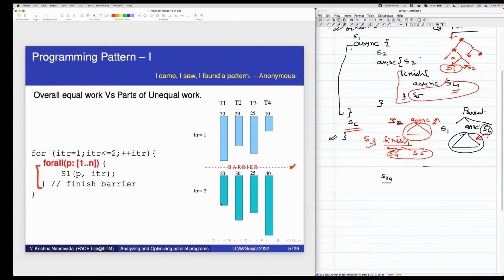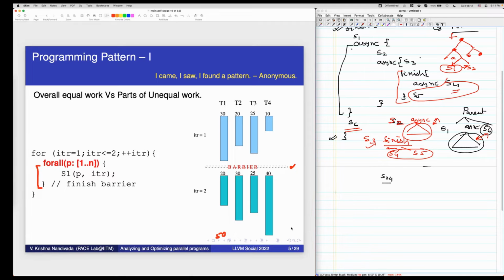And then in the second iteration, I am executing again the same loop, but now thread 1 gets the same set of iterations. Even then, thread 1 may be doing less work. Now do some simple math and tell me the total work done by thread 1, and thread 2, thread 3, thread 4 are all equal.